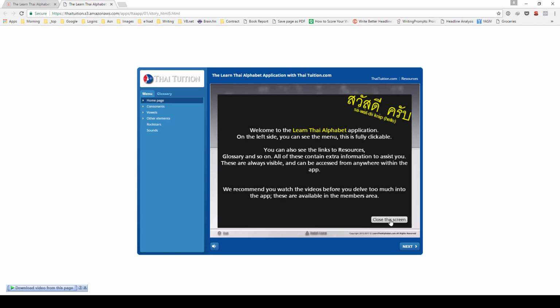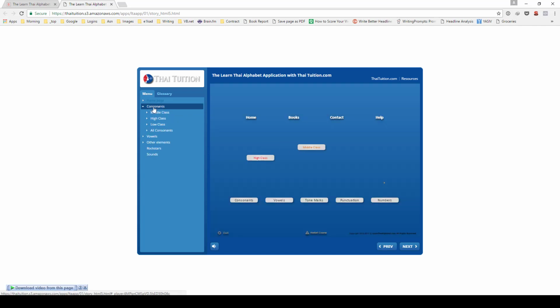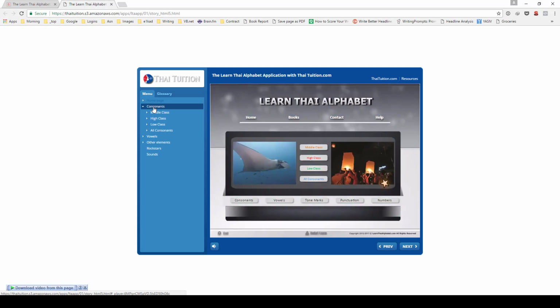Once you've read it, you can click on the close this screen button, or you can just click on one of the menu items on the left, and that will just jump to that particular point in the application, and then you can start learning. We always start with the consonants, and in particular the middle class consonants. The reason why is because it's the smallest group, okay? There's 9 of them. So if I click on middle class,